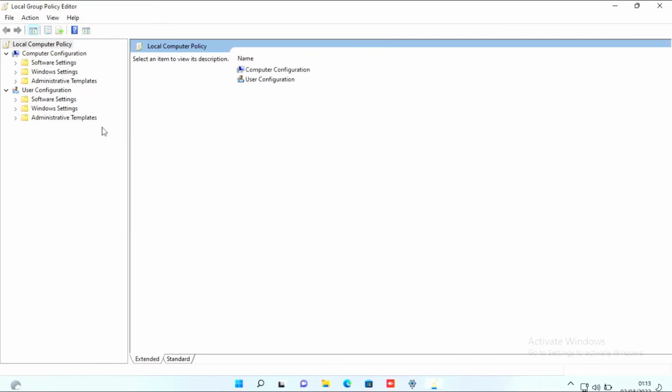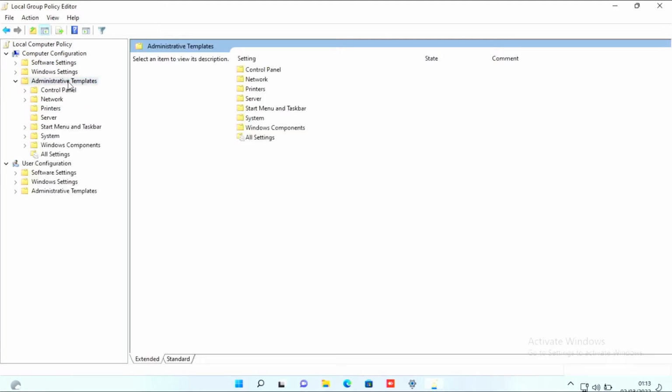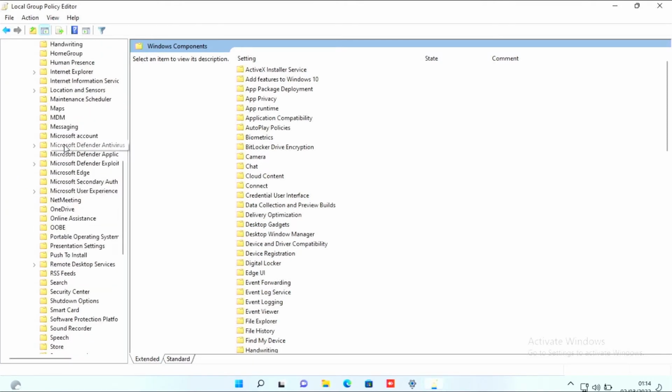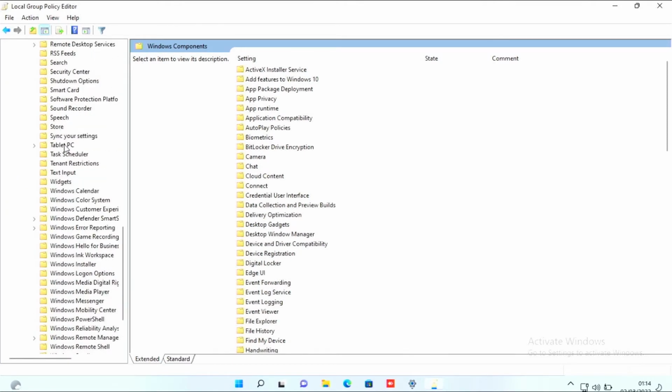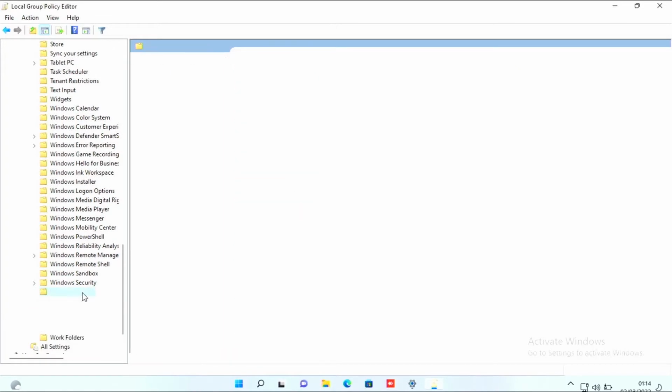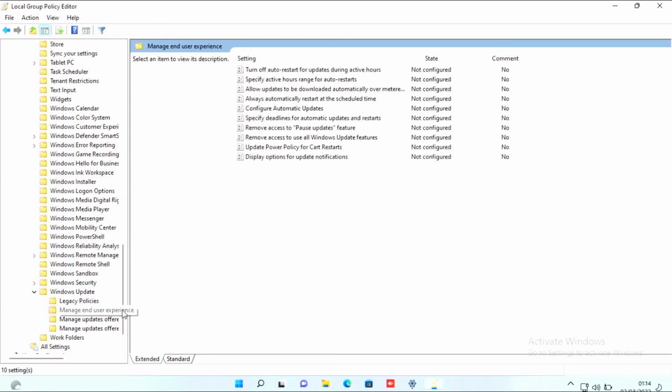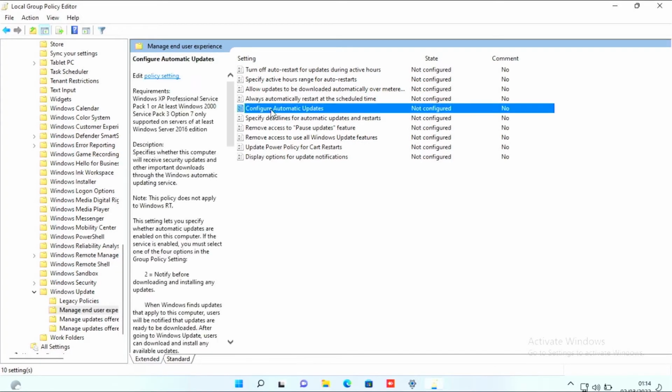And after that, click on Administrative Templates and then click on Windows Components. Here scroll down and find Windows Update, and then click on Manage End User Experience. And now double click on Configure Automatic Updates